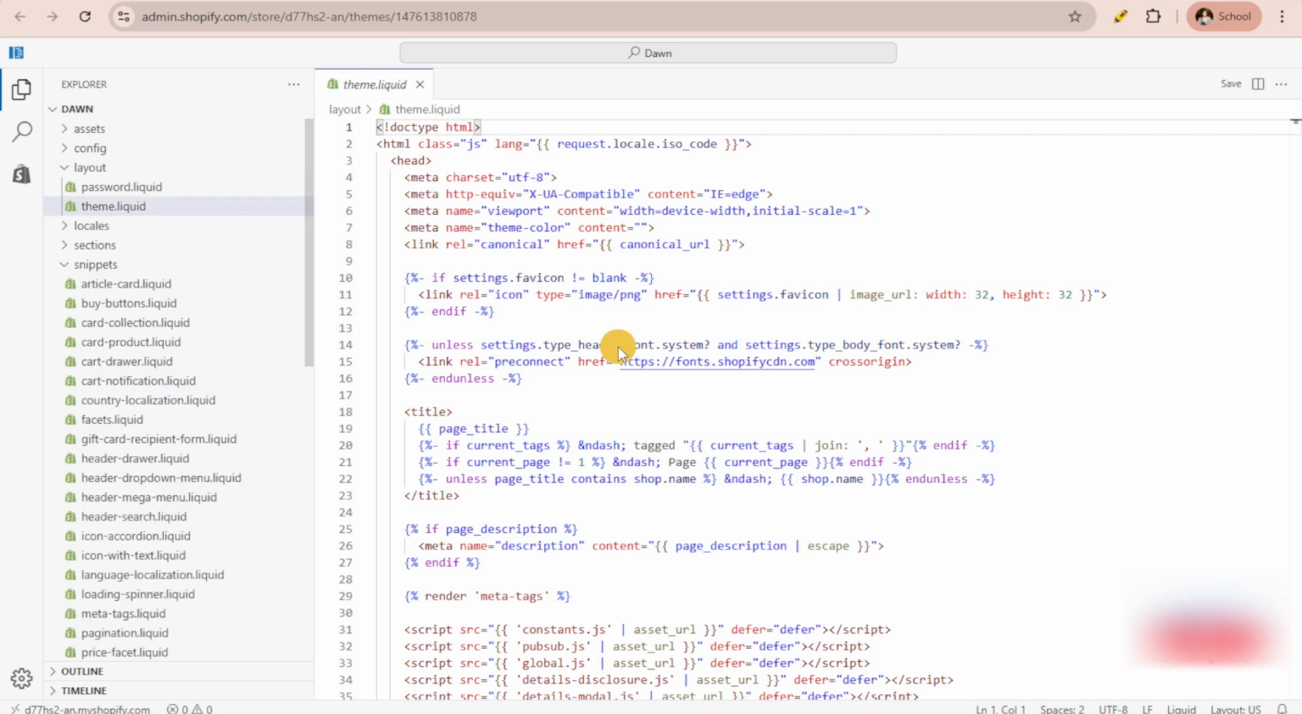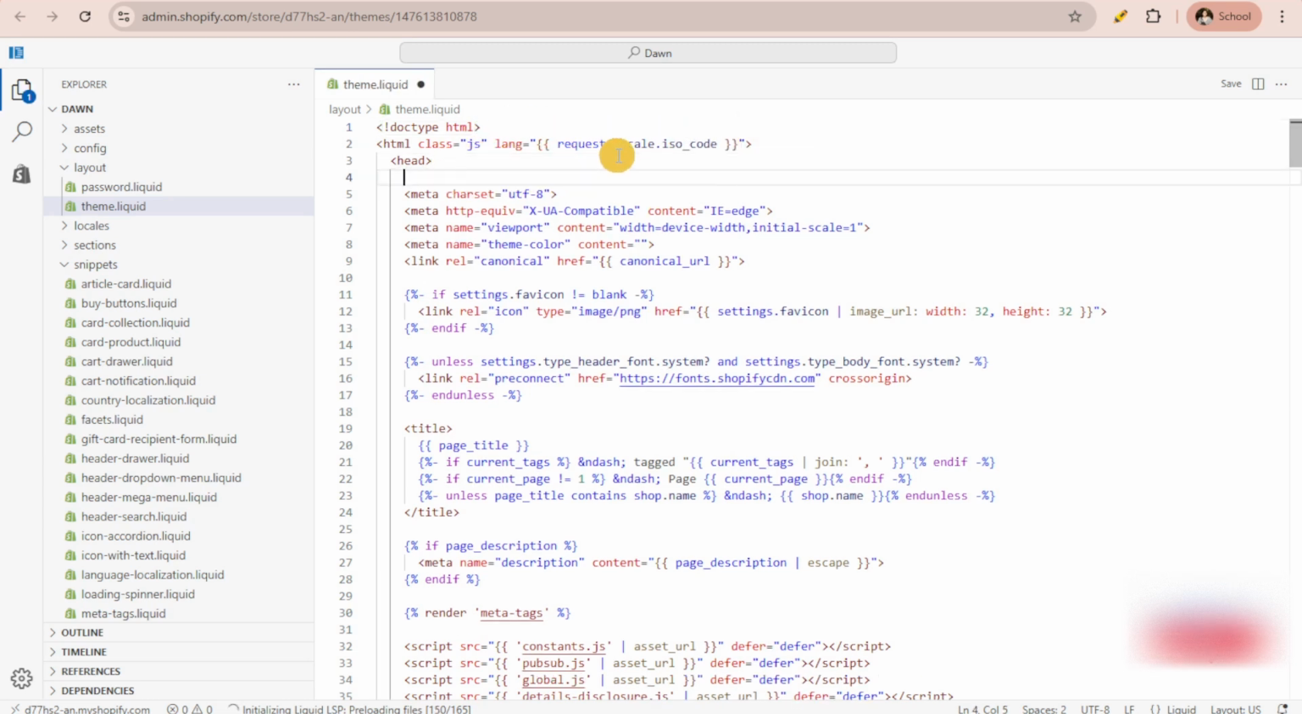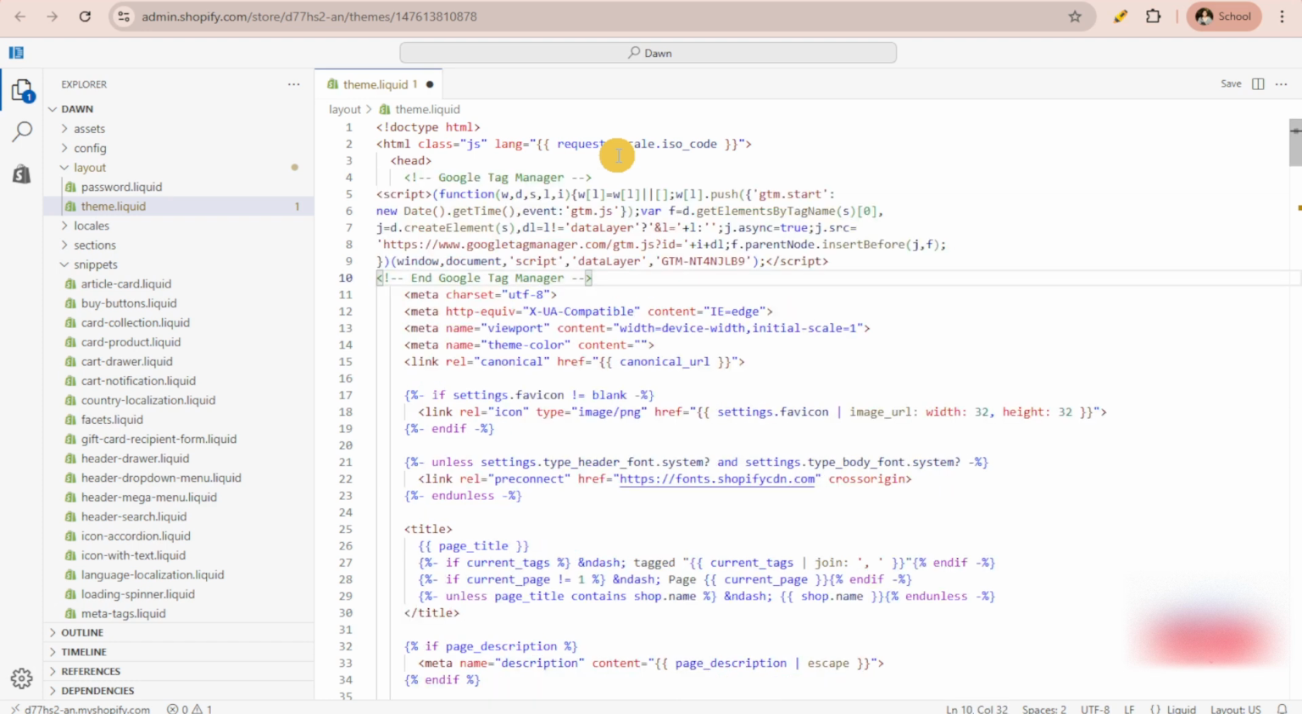So we are going to find it right here under the theme, which is done. And then under layout, you can see theme.liquid. Now from here, you can see this head tag. So what we're going to do is paste the first part of the tag manager code right after the opening of the head. So right after this, we're going to hit enter, and then we're going to paste the code that we have copied. Now, the second part, immediately after opening the body tag, we are going to paste the tag that